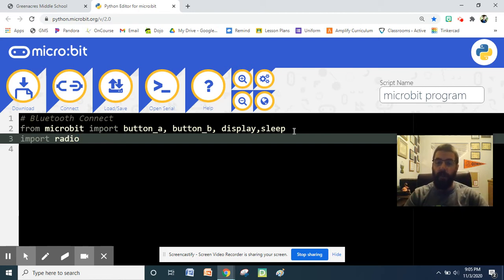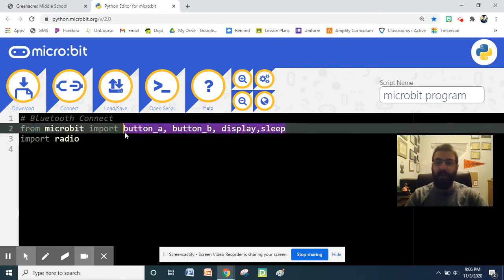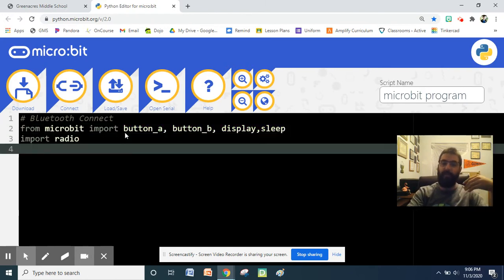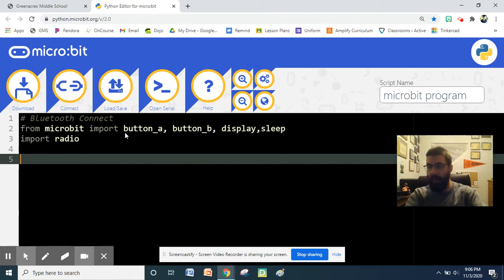Now, will the program still work if I put an asterisk here? Yes, the program will still work, but as we get into more advanced programs, we want to be able to tell our microbit to only remember the things that we want it to remember. Okay, now,